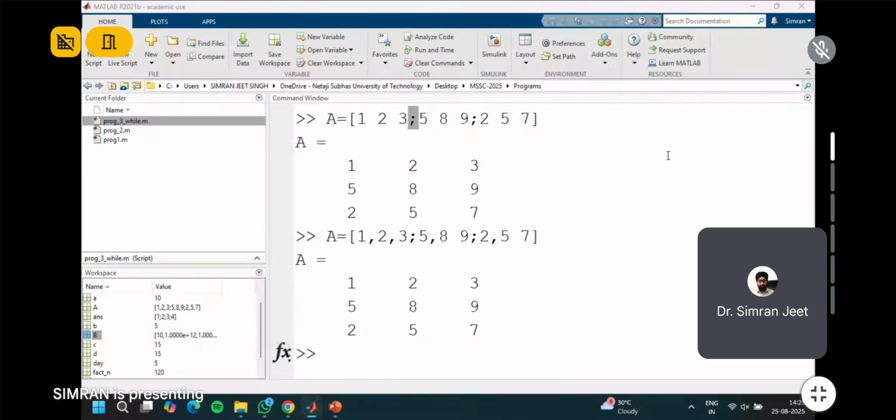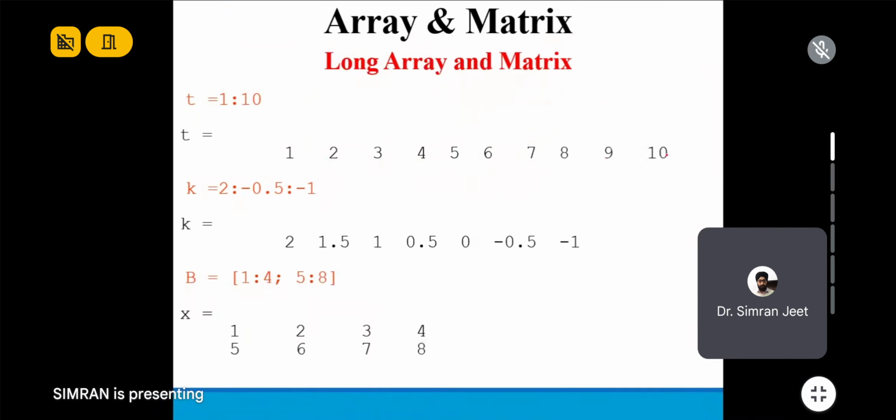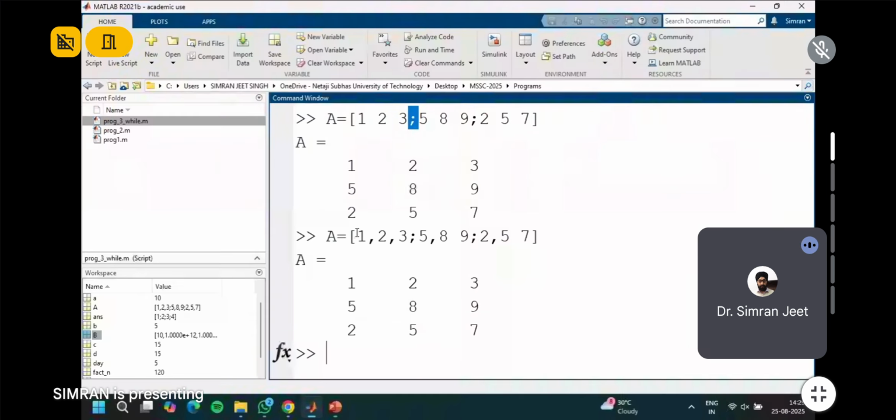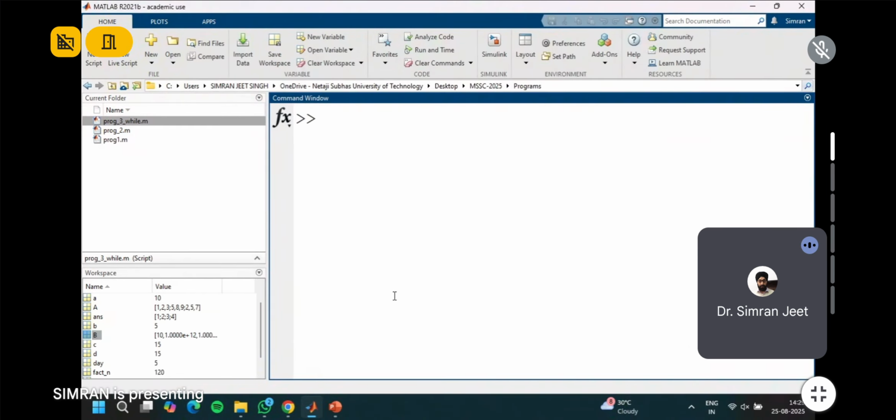Next, this is the same thing which we have discussed. Now next we have some ready-made type of matrices available with us, like zeros, ones, rand. Rand means random number generation. Like let's say we have